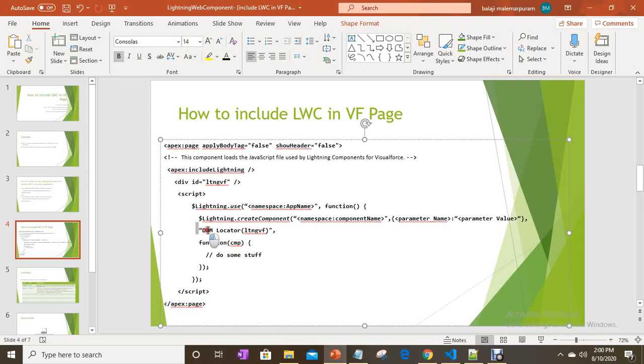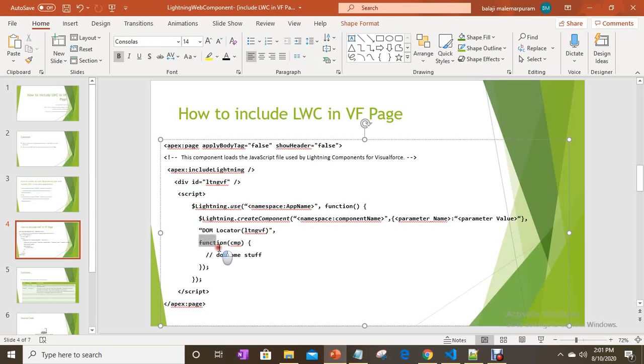And the next parameter is the DOM locator. That means here you have to specify the DOM element or DOM element ID. In our case, the DOM element is div and the ID is lightningVF, so you just need to specify lightningVF here.